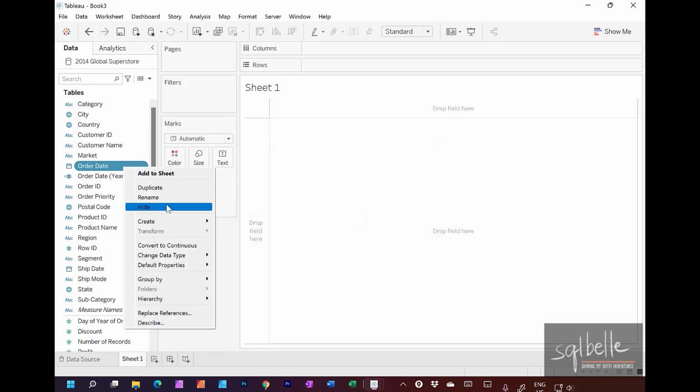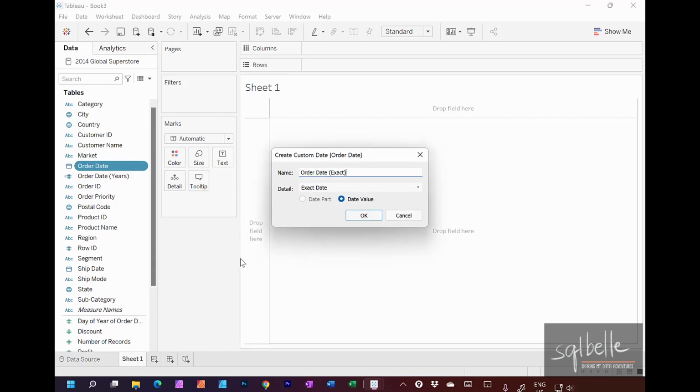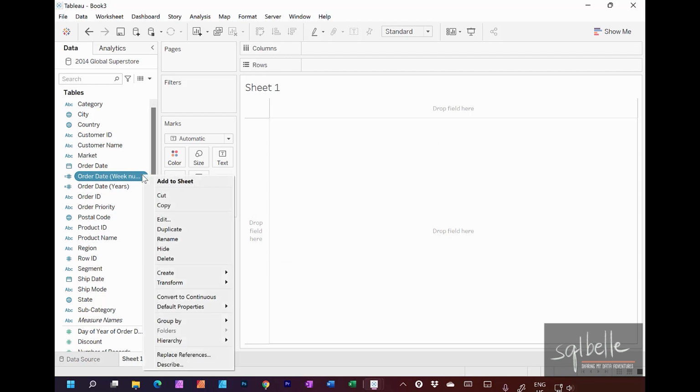Let's create another one. So create custom date, and this time around it's going to be the week number. So for the detail, instead of exact date, it's going to be week number. And this is going to be a date part as well. We simply want to extract the week number regardless of the year that it happened in. So let's click OK. And for the week number, let's convert this to continuous because I want this to be